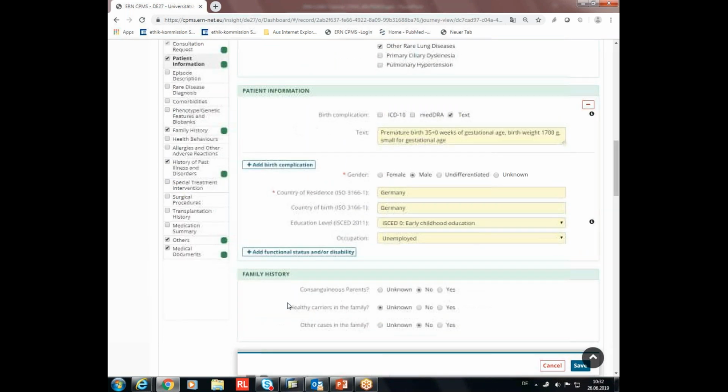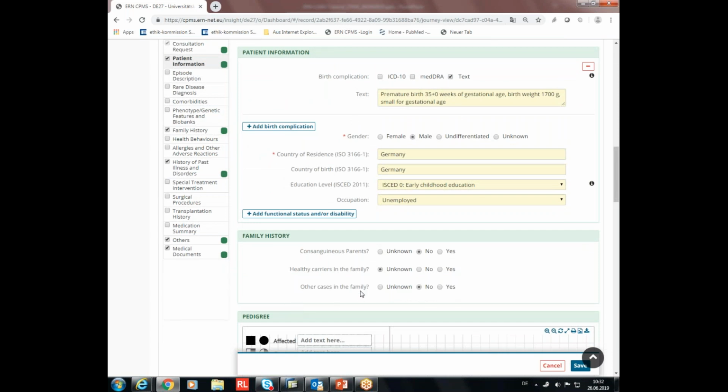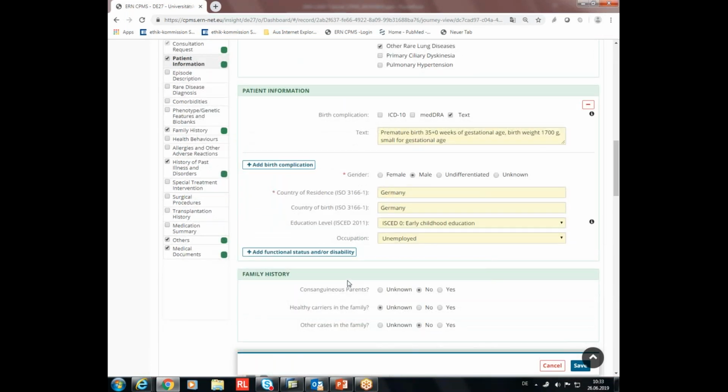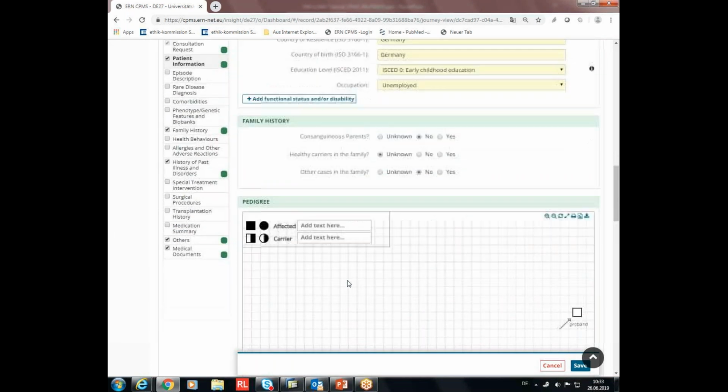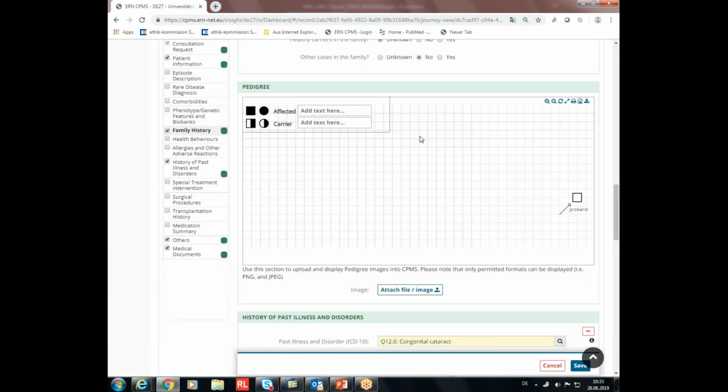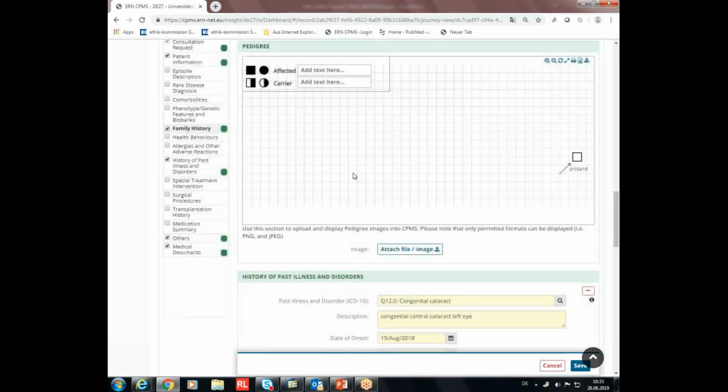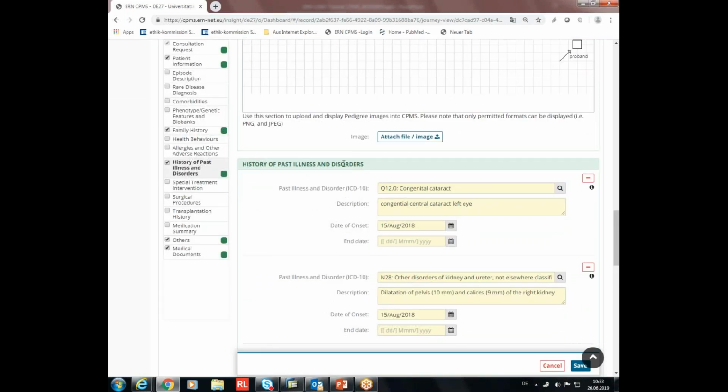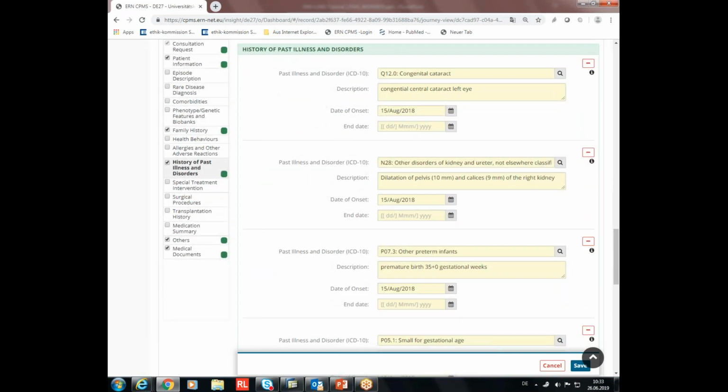Now I entered some family history, which tells us we don't know anything. There's no other family member involved or affected. I could draw a pedigree here, but there's no pedigree to draw right now. I did code the different findings like congenital cataract on the left side, kidney disorder,